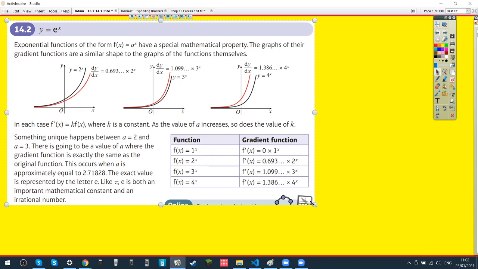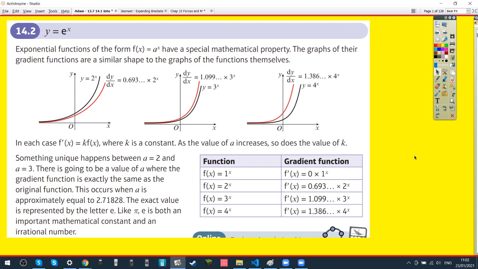This number e, let's see. Y equals 2 to the power of x. The graph of the gradient function looks like that. 3 to the power of x is a bit more, 2 to the power of x is a bit less, and so somewhere in the middle you have something that's exactly equal to it. And that number is e. It's in between 2 and 3, and it turns out it's roughly